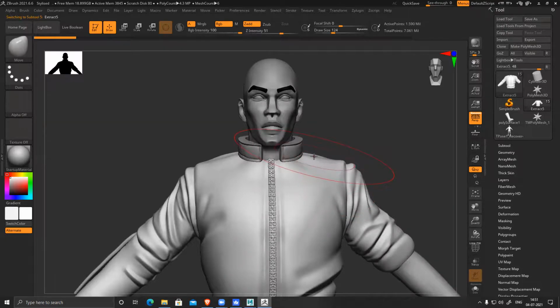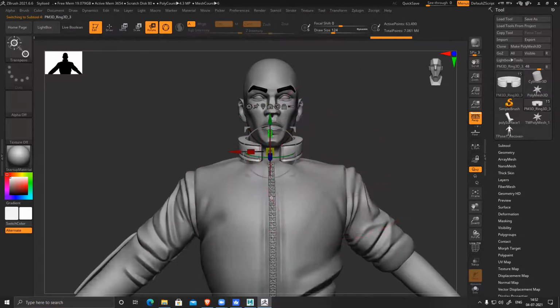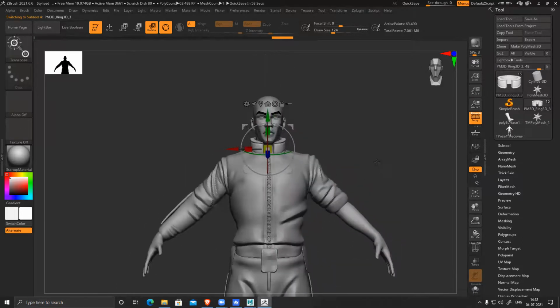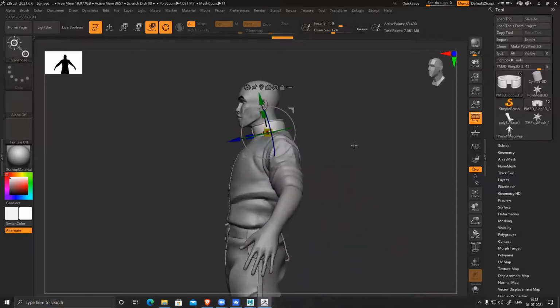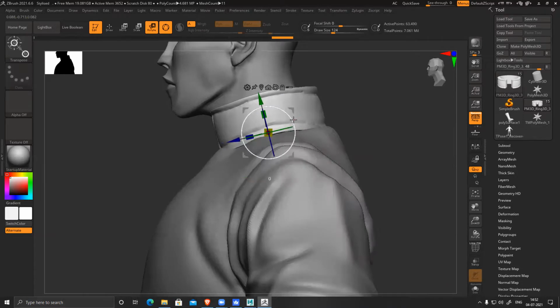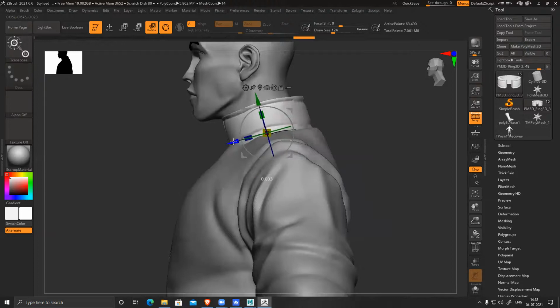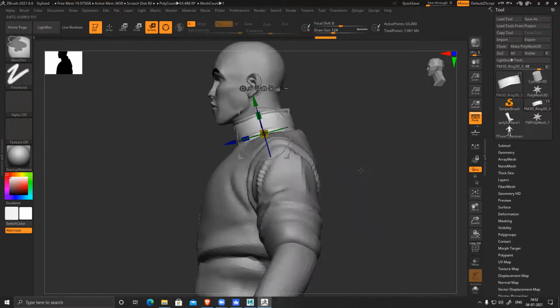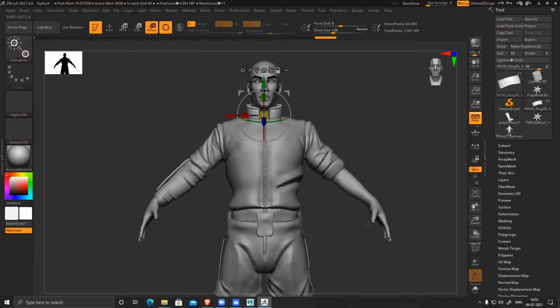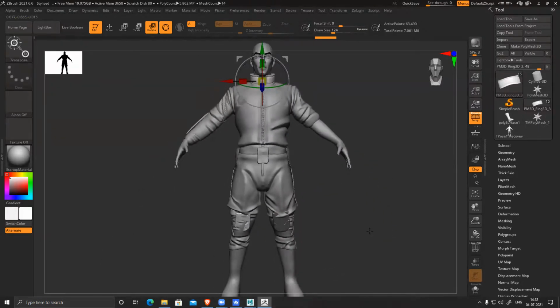Push it down slightly, so that the neck distance can increase slightly. Otherwise it looks pretty nice, neat and clean.